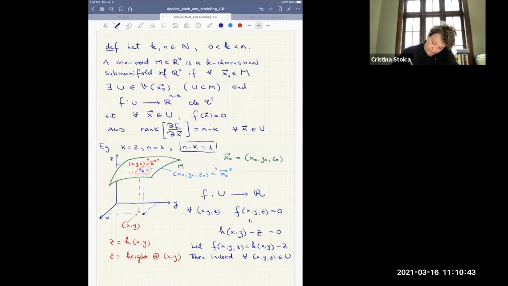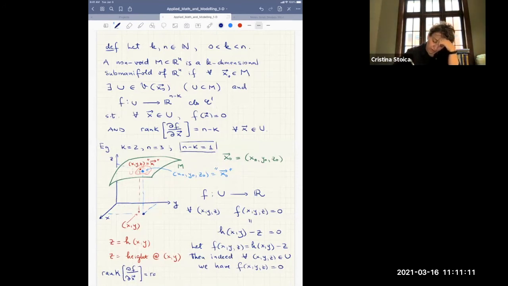Okay, for any x, y, z, we have f of x, y, z equals 0, right? And there is one more thing to verify. So what is the rank of df? And then they say dx, right? So in this case, we would have to do